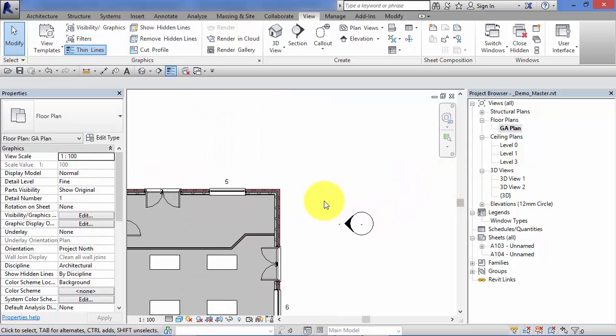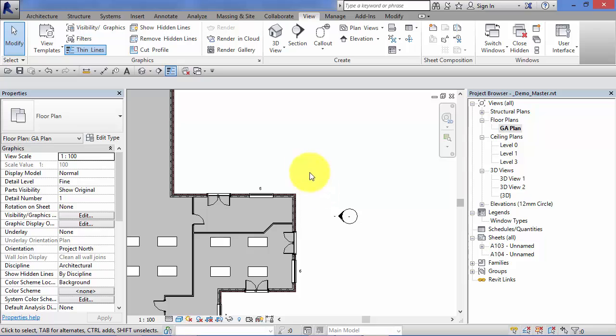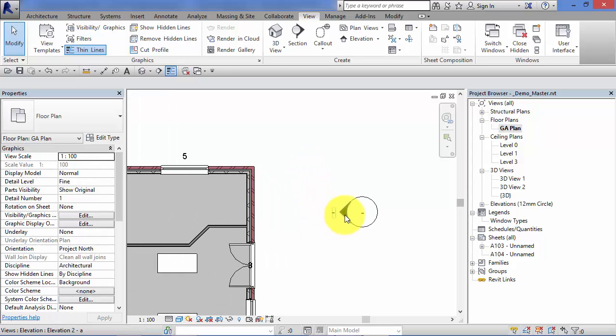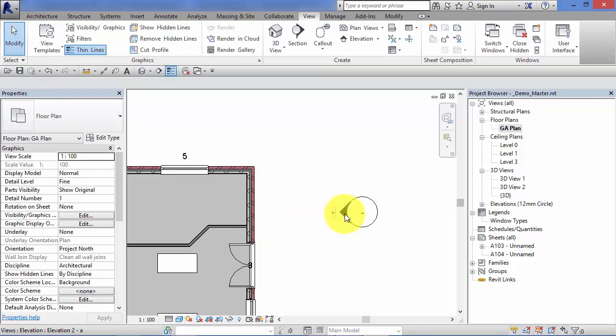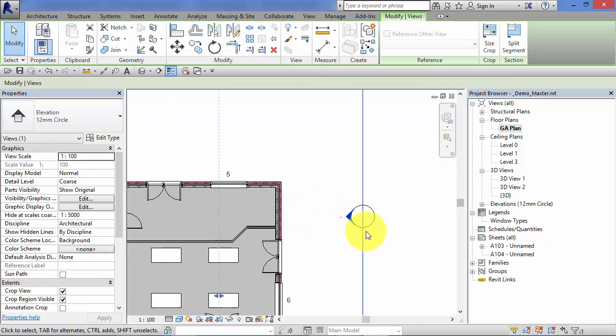So let's go ahead and select one of these elevation views. Remember, as you move over it with your cursor, you can either select the whole head itself. So very quick recap, if you select that, you can actually then determine how many views, up to 4, are generated from each head. We've only got this one on at the moment. If you select the triangular tip,